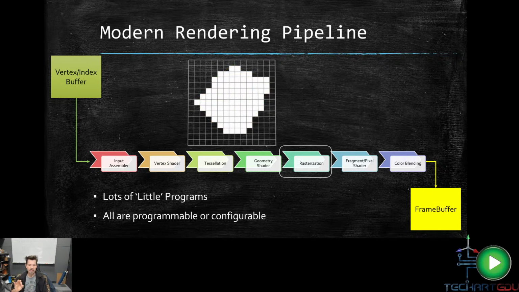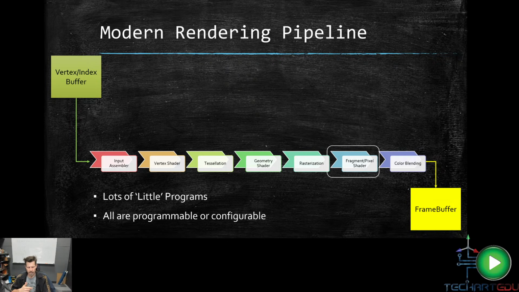Then the next stage is the rasterization stage. Now actually this is the telltale heart of the entire rendering pipeline. It all comes down to this. In fact, a lot of folks call the modern rendering pipeline, or this particular pipeline I'm talking about, the rasterization pipeline, because it's all about this step. And this is where it translates the 3D into a 2D